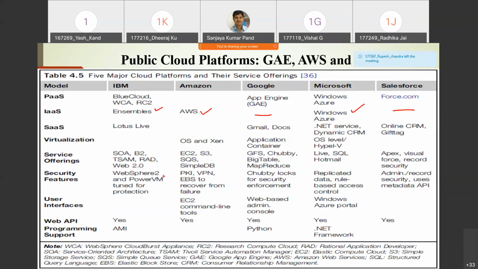So you can compare what kind of virtualization techniques they are using, whether they are using KVM or VMware or operating system kernel, right? OS level or the container. So you can compare these things from one cloud service provider to another.